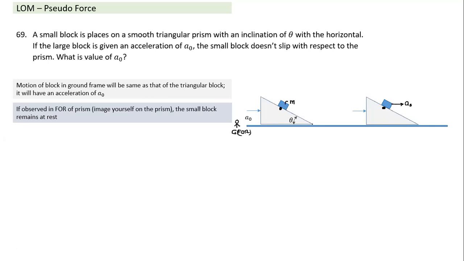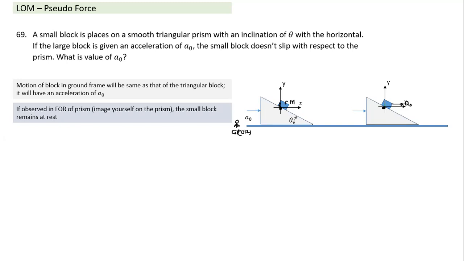Let's look at what happens if the observer is on the large block itself. You were watching from the ground, you got tired of watching from the ground, so you want to get onto the large block. So you get on. Where is the frame, where is the observer now? You stand here and you hold the coordinate system, right next to this block. As this block moves, this coordinate system also moves. By the time the block moves, the coordinate system also comes here.